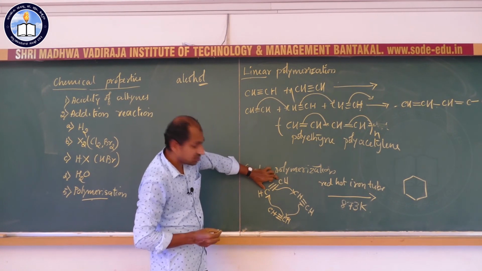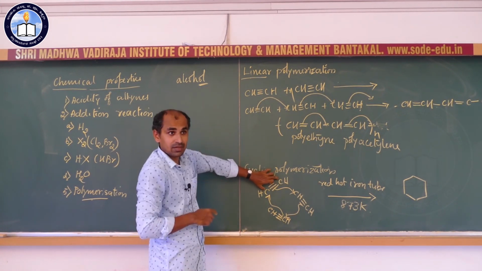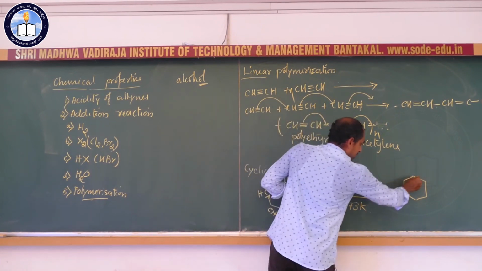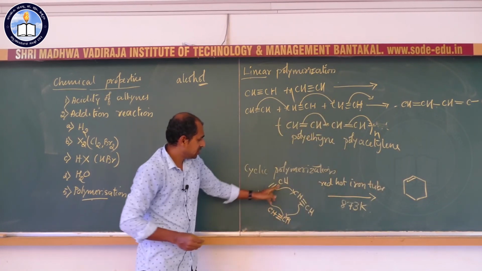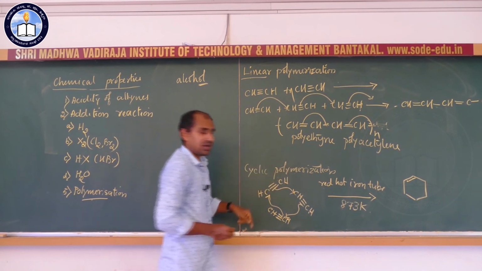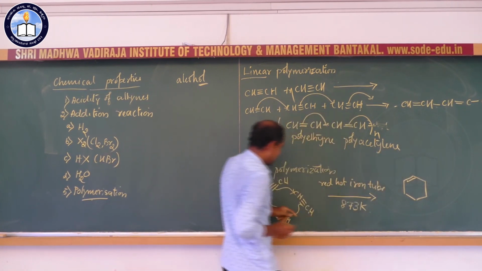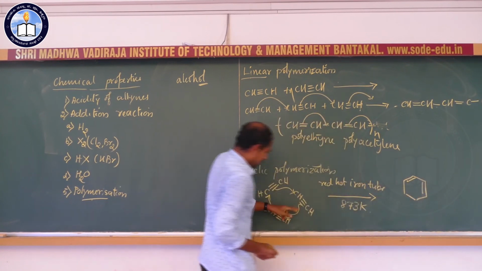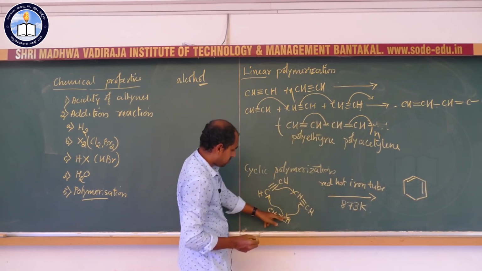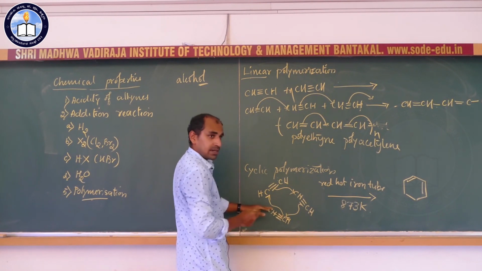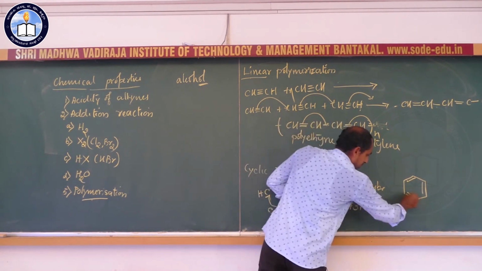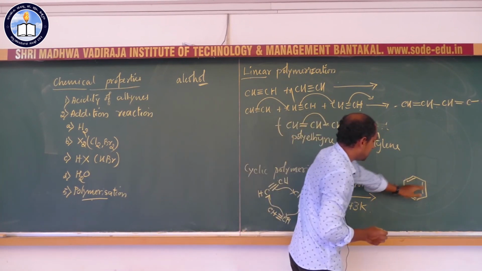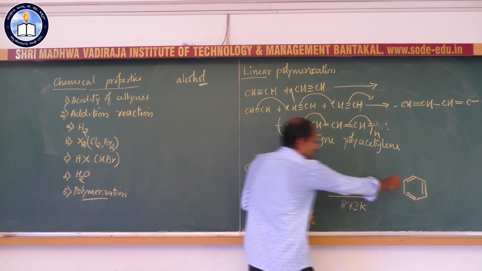Between these 2 carbons, earlier we had 3 bonds. Now one bond is shifted, so we have only 2 bonds. Between these 2 carbons, a new bond is formed, so we have one single bond. Between these 2 carbons, a double bond. Between these 2 carbons, a new bond is formed. Between these 2 carbons, the triple bond is converted into double bond. So we have alternating single and double bonds. So this molecule is called